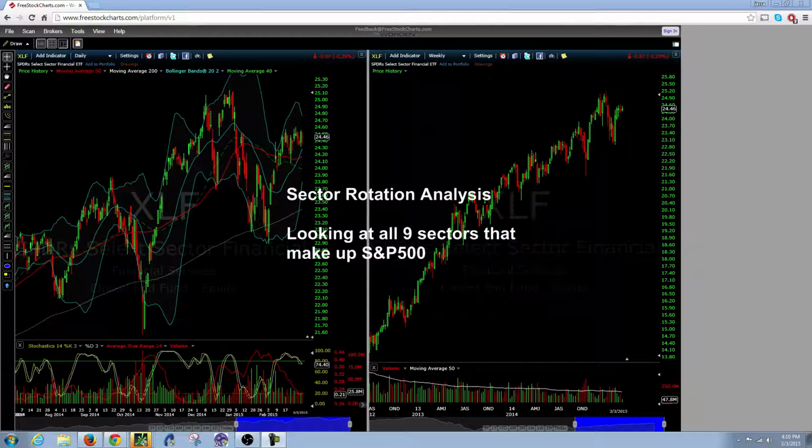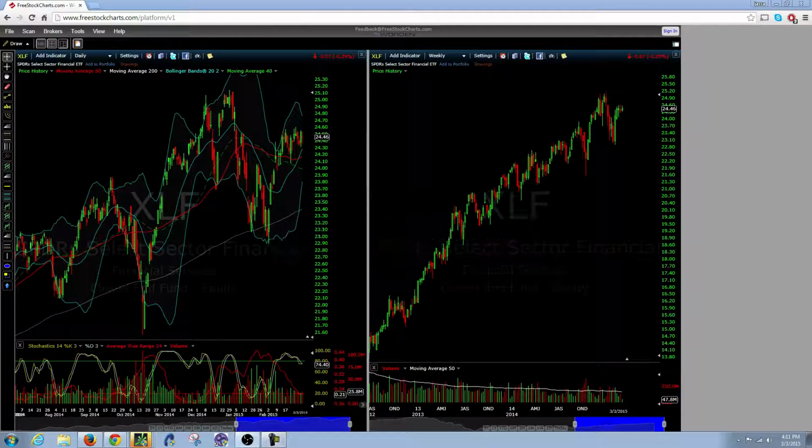Right now what I'm showing you guys is basically a free stock chart, and on the right side is a weekly chart, on the left side is a daily. Let me take the text off in here. Okay, so I'll look into the basic stuff, but I'm not going to go into the detail,